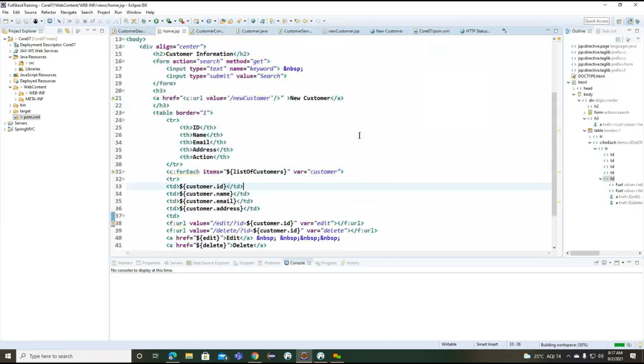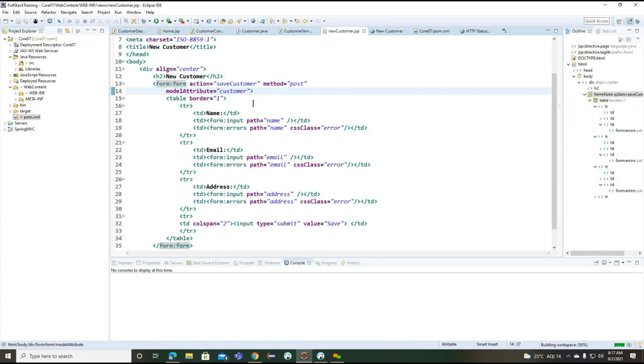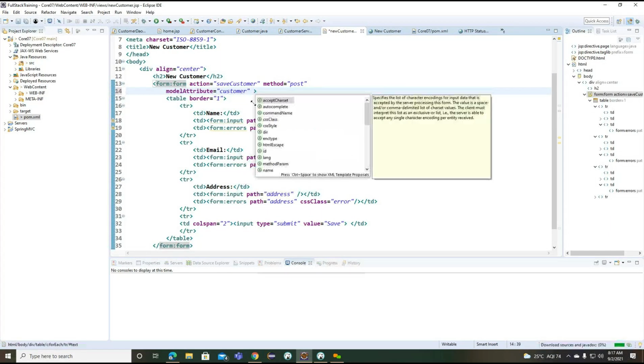And here one more we are missing, new customer. We can go for the encrypt here.